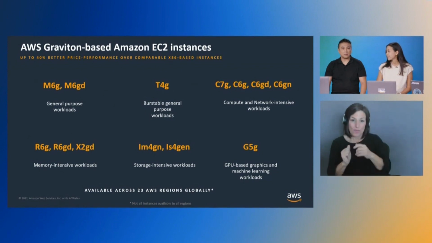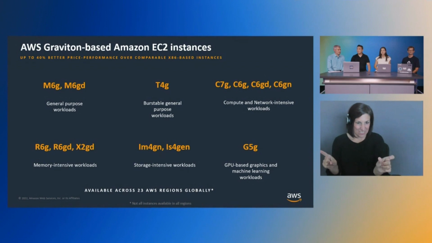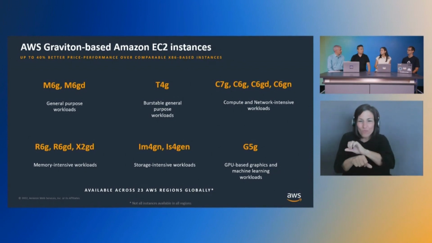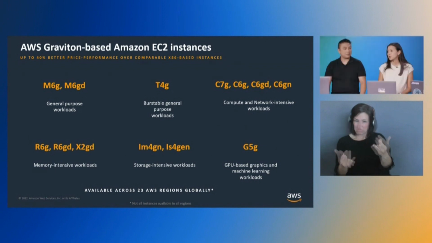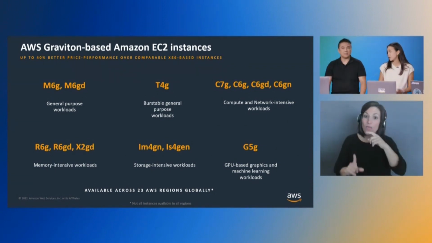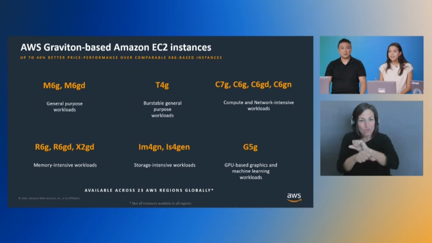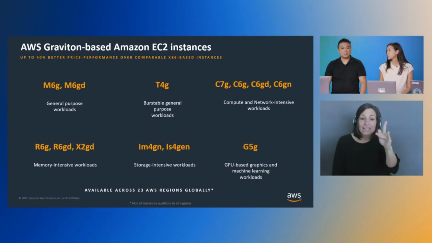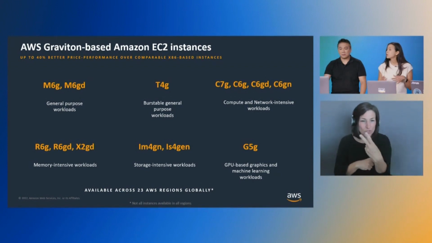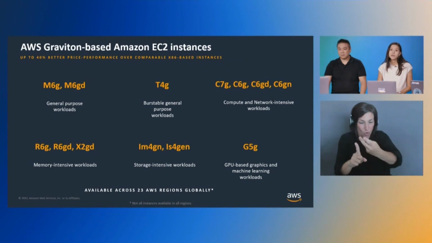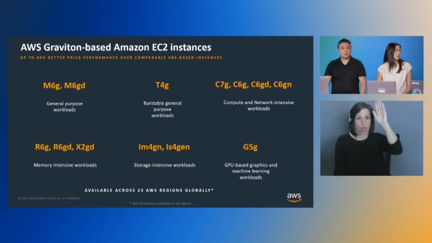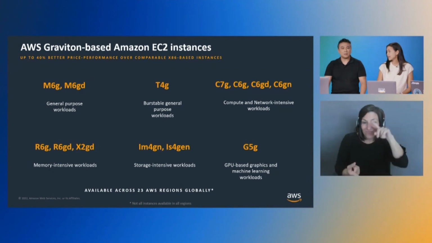Wow. Those are some pretty impressive performance numbers, especially when you compare that to where we are on x86. So what type of customers and workloads are being run on Graviton today? Can you give us an example of that, Stephanie? Yeah, so as we talked about, the goal has been to be able to support a wide variety of workloads on EC2. So some good examples are CoreLogix. They transitioned their Elasticsearch nodes, which are processing 2 petabytes of ingested data per month, over to R6G instances. And they saw a 20% performance improvement, 40% lower load, and 22% price reduction over comparable x86 based instances.